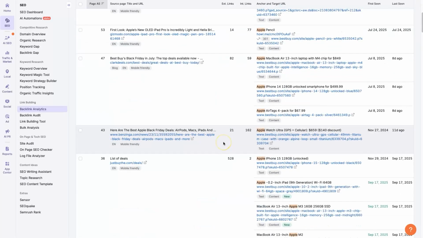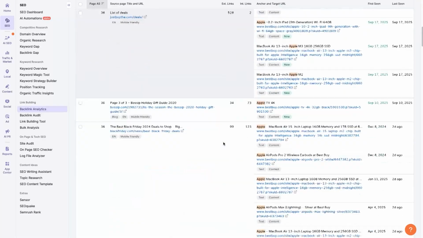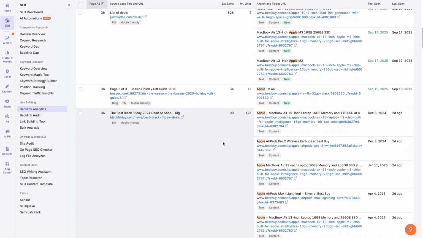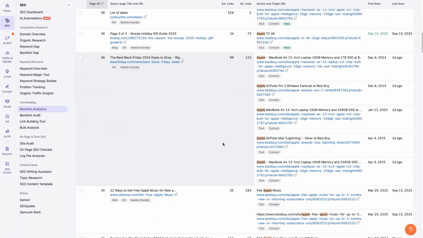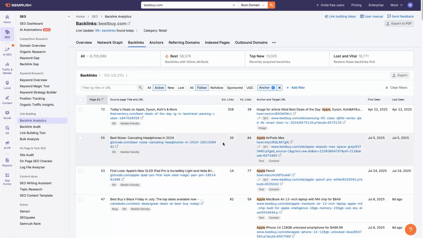So going through this list, we can start to discover all sorts of different backlink opportunities. There's even more granular filters that we can use as well. It really just depends on exactly what you're looking to achieve when it is coming to backlinks, right? You might be looking to analyze your own backlinks and see, where do we have broken backlinks, or where have